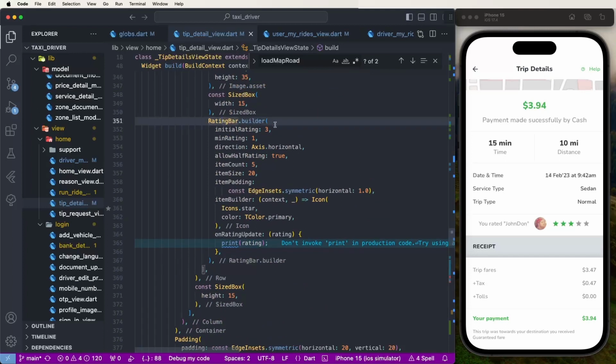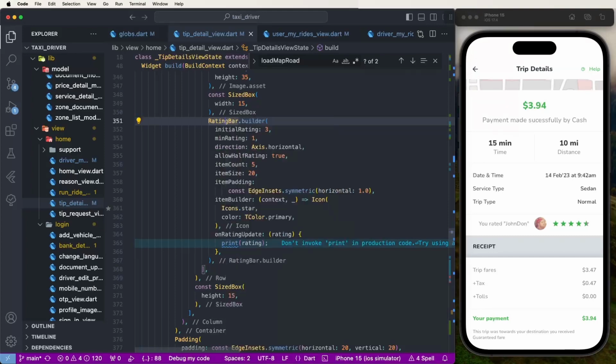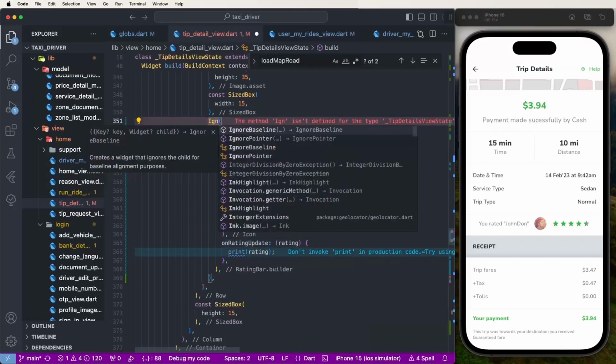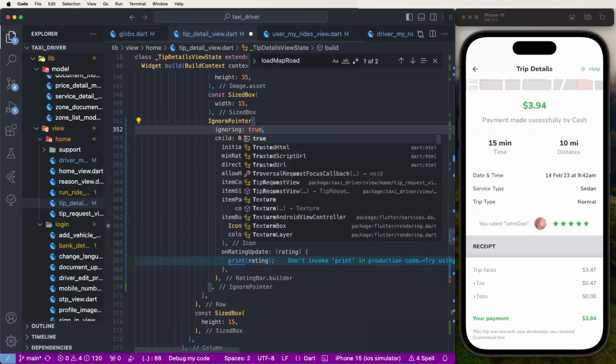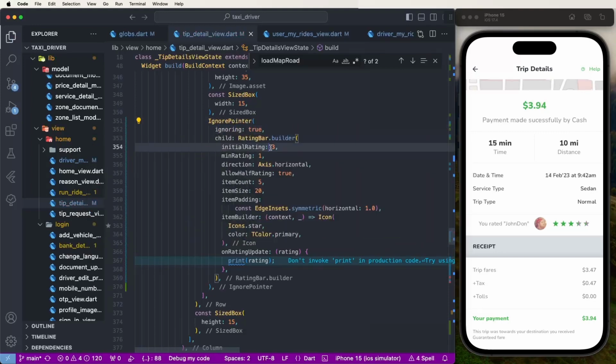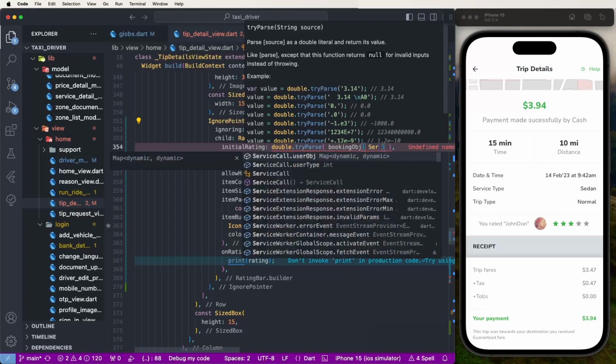Now first of all no need to change this value. Need to configure here fix first of all. Need to go inside the wrap widget and to ignore pointer and to ignore is equal to set here the true like this sets here. Now need to set here the value. Need to call this here the double try parse and to give this here the booking object and need to check here service call user type